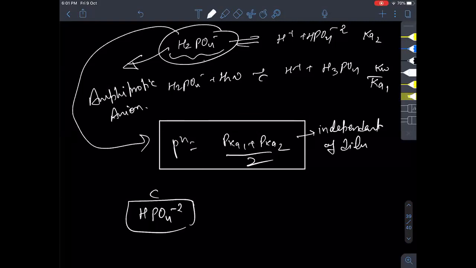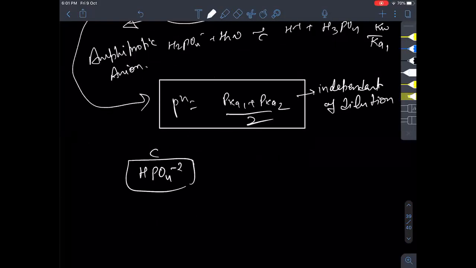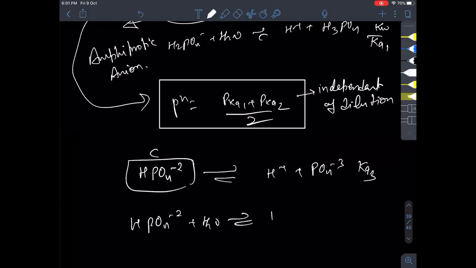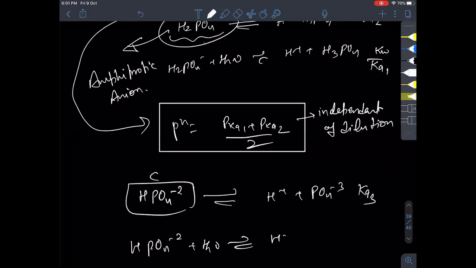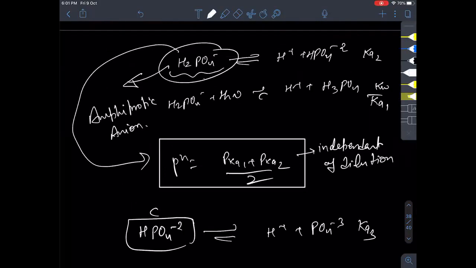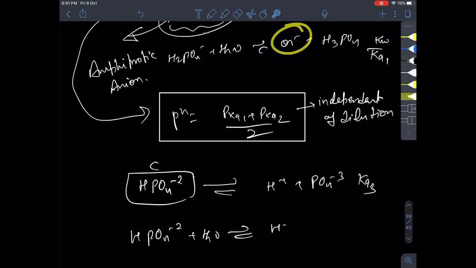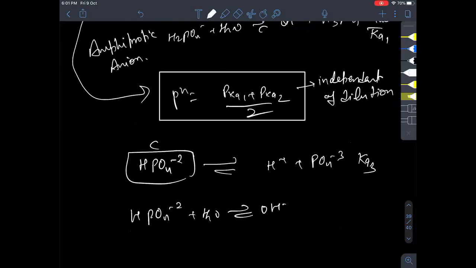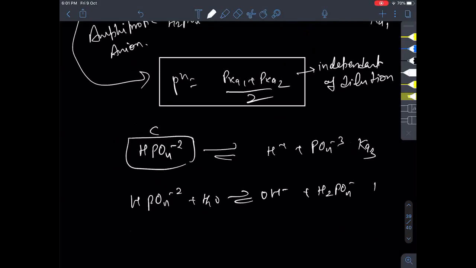Right? No concentration, no meaning of any. Like that for this one. So if you write the dissociation, it will be simply Ka3. And if you write the hydrolysis equation, this is a little lengthy process of derivation, so right now I don't want to go into it. Right, just one mistake I did in the above. That will be OH minus. Negative will generate OH minus, right? Similarly here also OH minus plus H2PO4 minus. Now this will be basically KH2. So this will be Kw by Ka2.